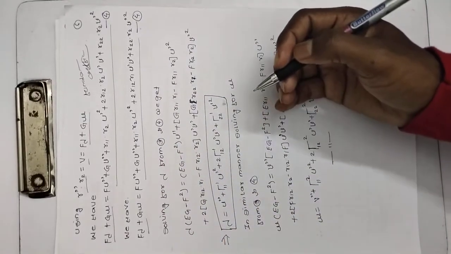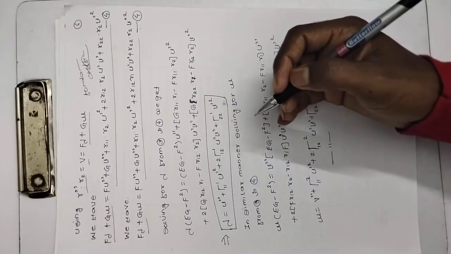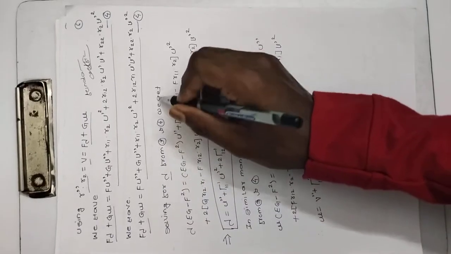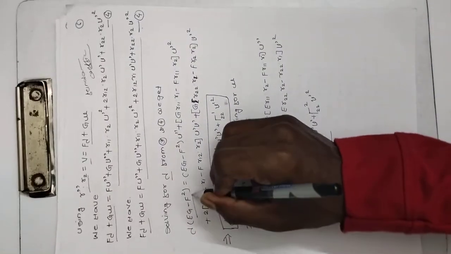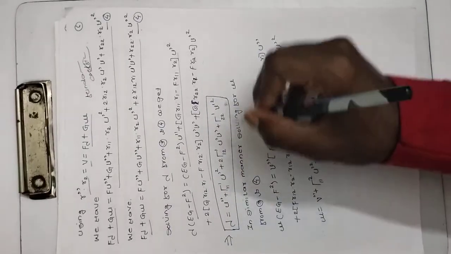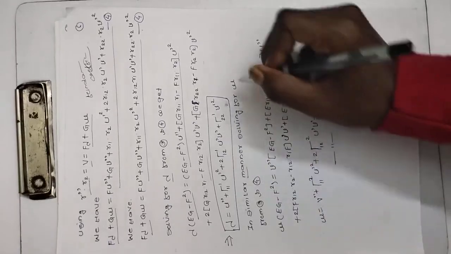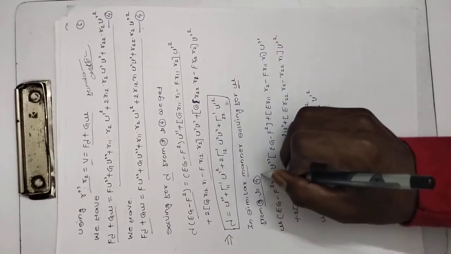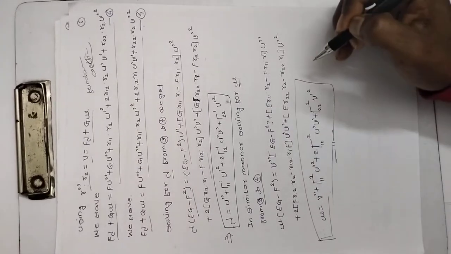So we must determine the values of lambda and mu. First of all, we find lambda. Solving for lambda from equations 3 and 4, we get this total one term. So lambda is equal to u double dash plus the Christoffel symbol terms. And similarly we have to find mu from equations 3 and 4; the calculation part we can show here.